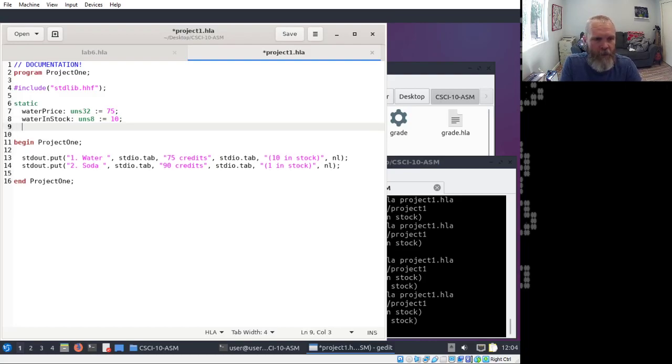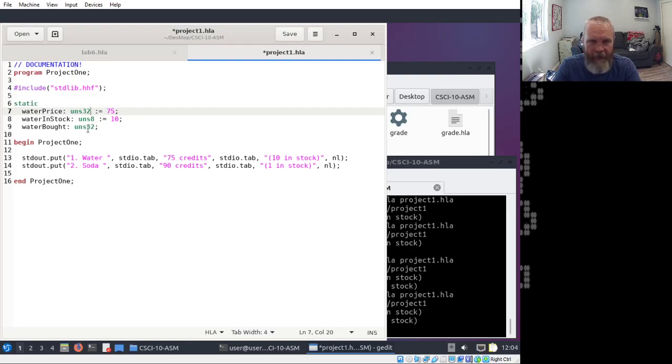I also need to know, by the way, water bought. The water bought does need to be big because I'm going to have to multiply that with the price of water, and that total is going to tell me how much they owe for water, and those values technically could get large.